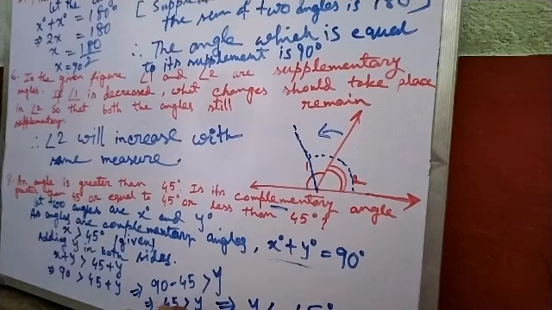Here, from this solution we get 45 greater than y. That means I am just writing it, y less than 45 degrees. y will come on the left side and 45 will go to the right side. The open mouth is on the side of 45 degrees, so here also the open mouth is on the side of 45 degrees. So y is less than 45 degrees.